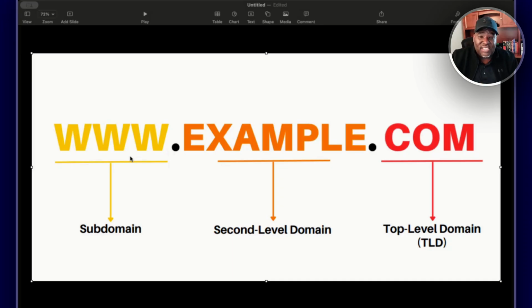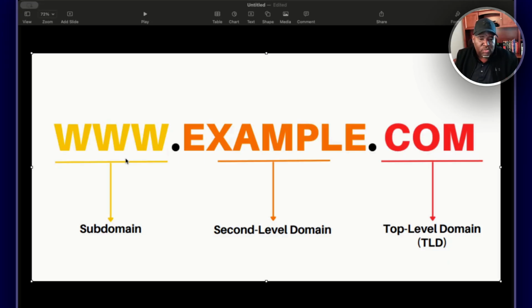But knowing that it's a subdomain is important because it allows you to understand how subdomains can work in the real world with real examples, which we will show you in just a second. But the subdomain could be anything. The subdomain could be go.example.com. The subdomain could be login.example.com. And the subdomain could be app.example.com. And each subdomain could redirect to a different place on the internet, if you know that's how subdomains work. So it's important to understand that.